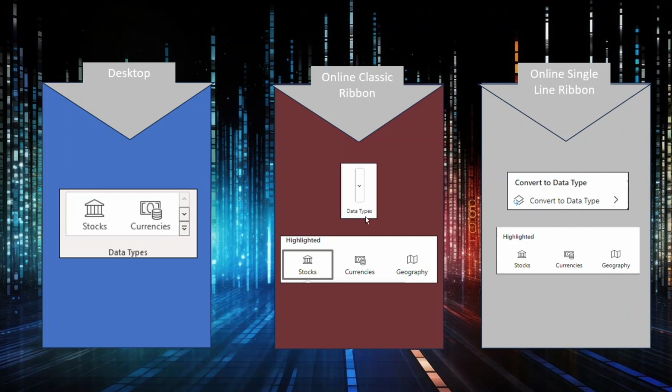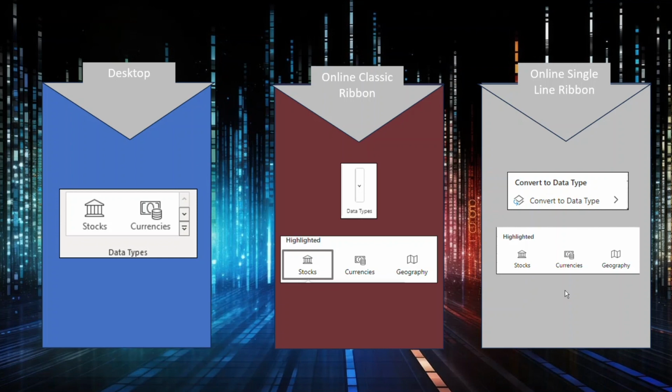But when I look at the Online Classic ribbon, data types is simply the drop down, but once I get past that drop down, I have the same three choices. To the right of that, with the single line ribbon, we can also look at the data types there, but this is under the More button on the far right. And when we click that arrow that's pointing to the right, it gets us to stocks, currencies, and geography,